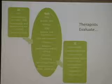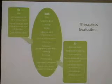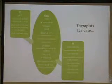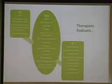So when we're looking at PT and OT and what we work on, there's a lot of overlap between our disciplines. Some things are a little bit more distinct. For instance, PT will look really specifically at things like bed mobility, transfers and transitions, locomotion, developmental gross motor skills, cardiovascular endurance, and then looking real closely at the myofascial systems and joint mobility. And then I'm going to let Terry talk a little bit more about OT and how we overlap. So